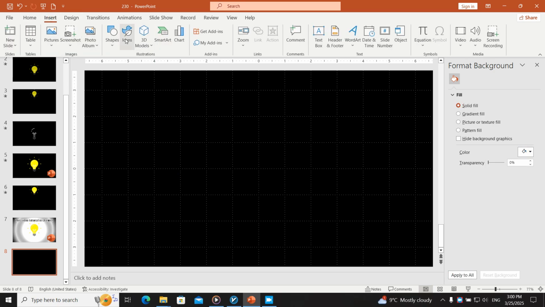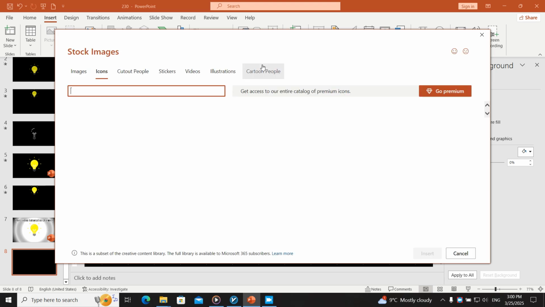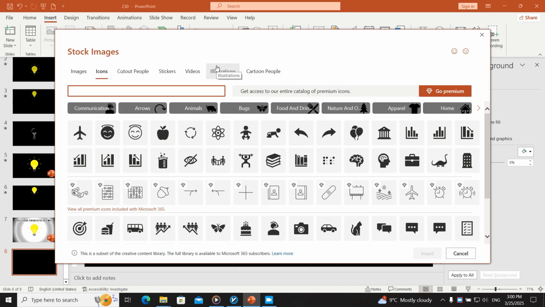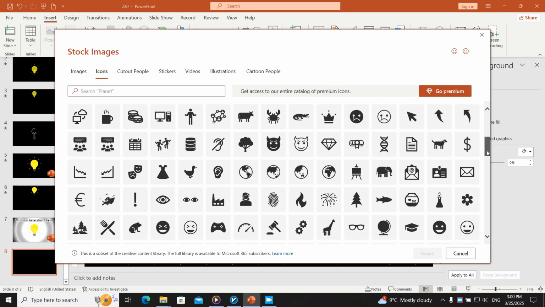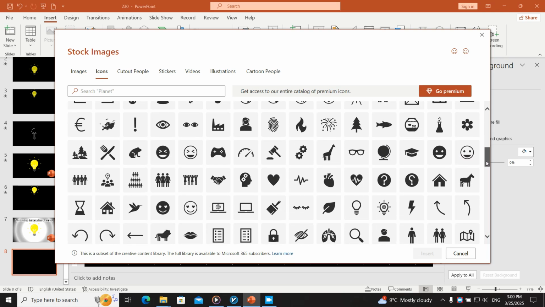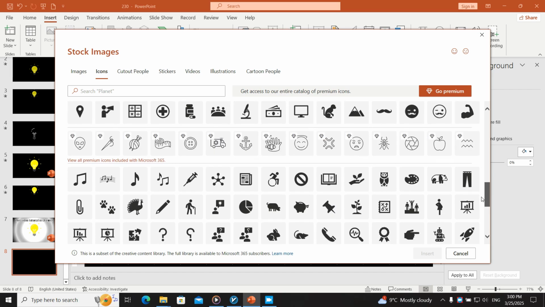Okay, then we go to insert, from the icons. We need to find the light bulb icon. Here you can find it easily. Okay, you can find it easily, but it takes me a while to find it. I am very bad at it. But let's try our best